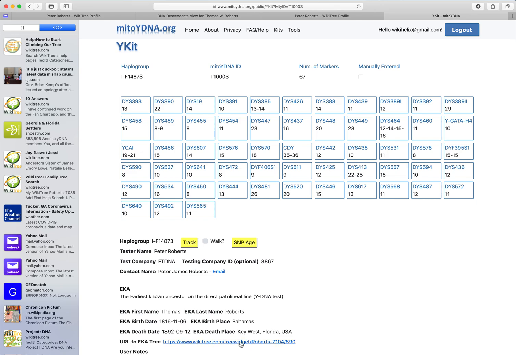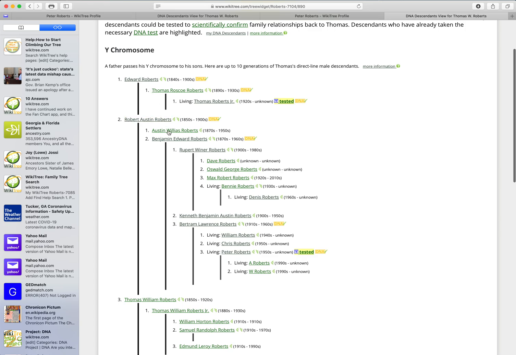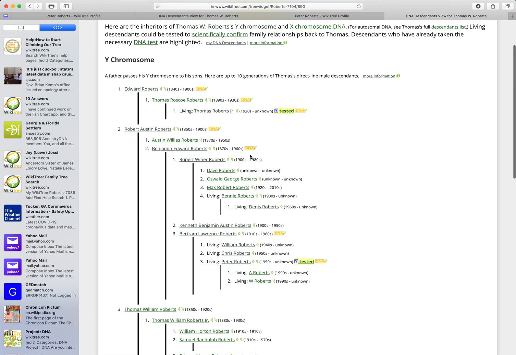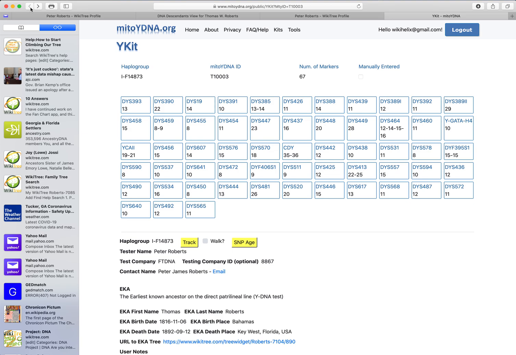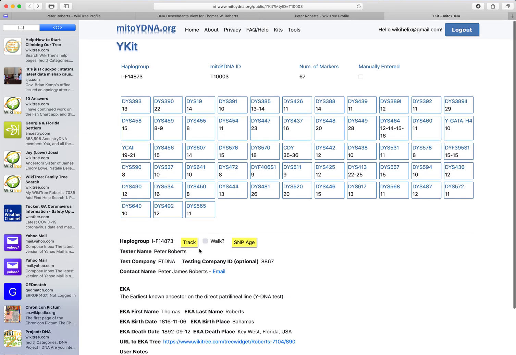I can click on that link, and it takes me back to WikiTree. It shows me the direct male line descendants that are known in WikiTree for my direct male line. It shows me that 2 people have taken a Y-DNA test. If I go and look at my haplogroup, I can